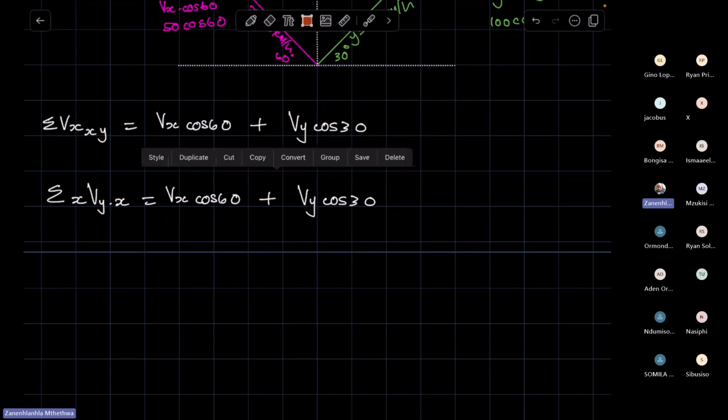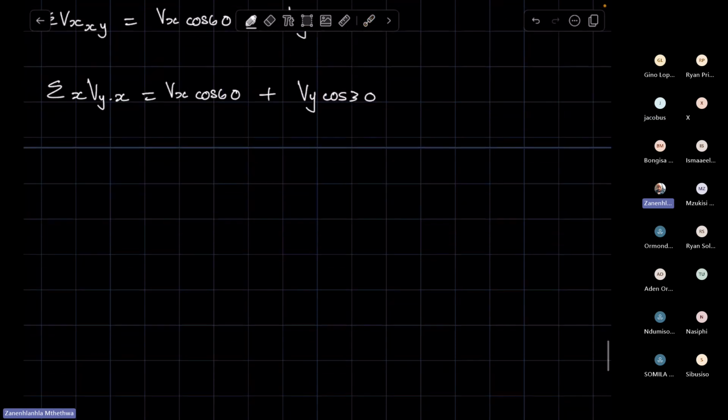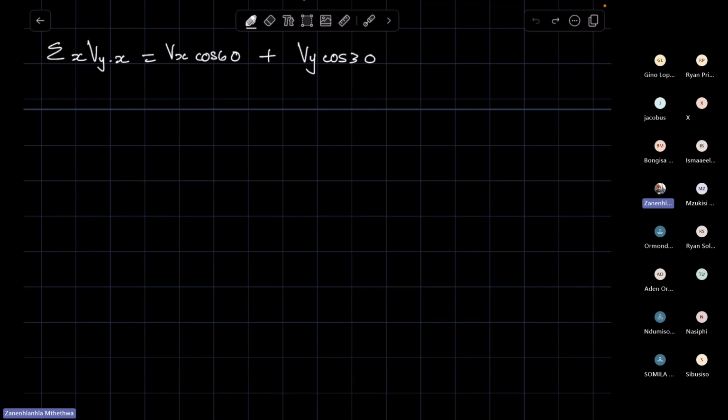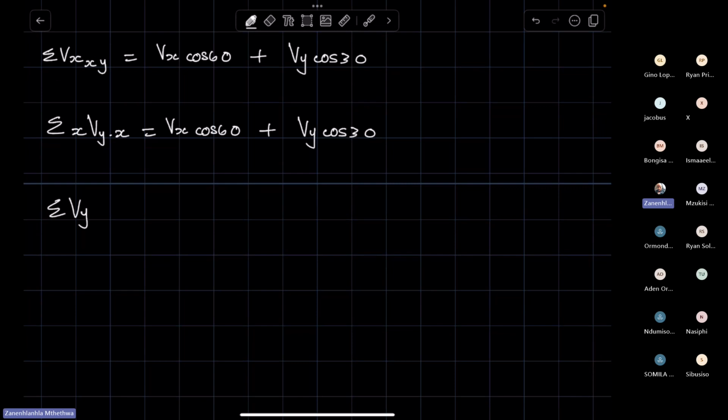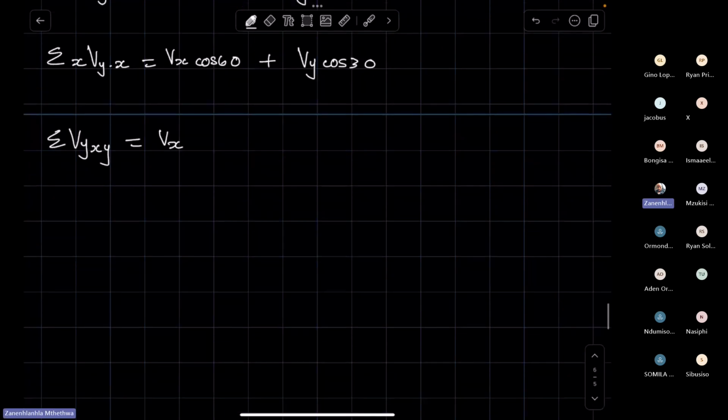so as to separate the two x's, right? And then as far as the sum of vy, this will be the sum of v in the y direction, right? X is the object, so this will be x, y is the frame of reference. This will be equal to vx first in the y direction, which is sine 30. So vx sine 30